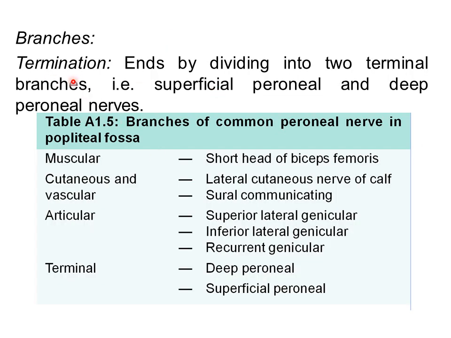The medial plantar nerve gives off muscular branches, cutaneous branches and articular branches. Cutaneous branches supply the skin of the sole and foot, including the digital branches of the hallux, the second, third and half of the fourth toe. That means the four digital nerves supply skin of the medial three and a half toes.